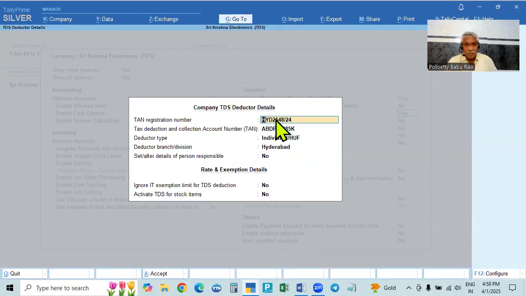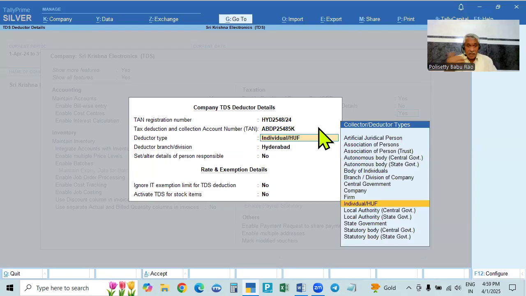This is different. Many people will write the same, but this is the registration number for the application. After checking the application, if they grant the number, they will inform you of the number and give the card. So they will give you the TAN number. The TAN number will be 4 alphabets, 5 numerics, and 1 alphabet.